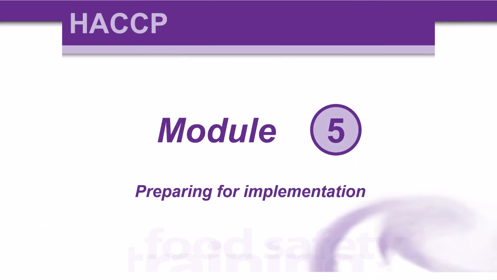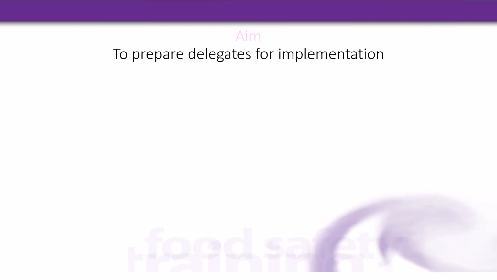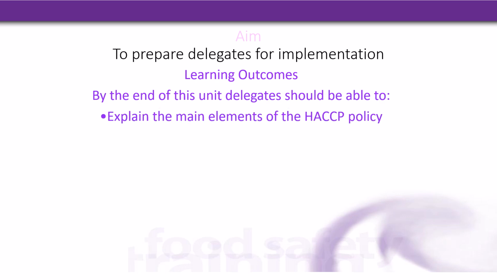Module 5, Preparing for Implementation of HACCP. The aim of this unit is to prepare you for implementation. By the end of this unit, you should be able to explain the main elements of the HACCP policy,